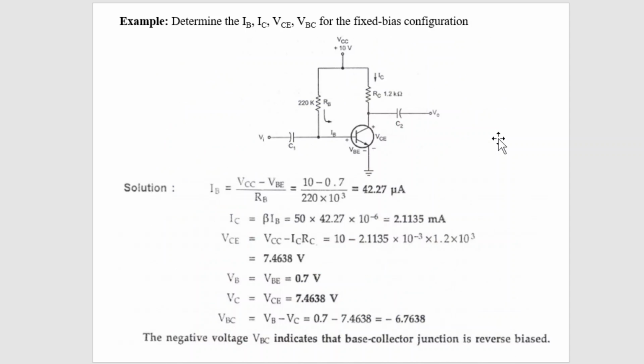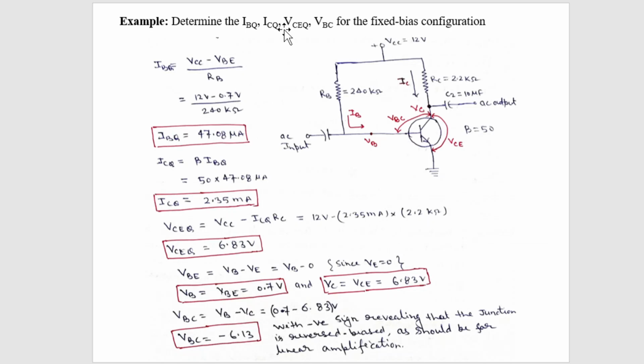Sometimes they ask for IB, IC, and VC, and sometimes in a question it may be asked to find out the value of IBQ, ICQ, and VCQ. That doesn't change the numbers. That is the same process. Everything is the same, just a different nomenclature, because this base current, collector current, and collector emitter voltage correspond to the Q point. That is why IBQ, ICQ, and VCQ are written. Otherwise, the problem is the same. So now you have to find out the IBQ.